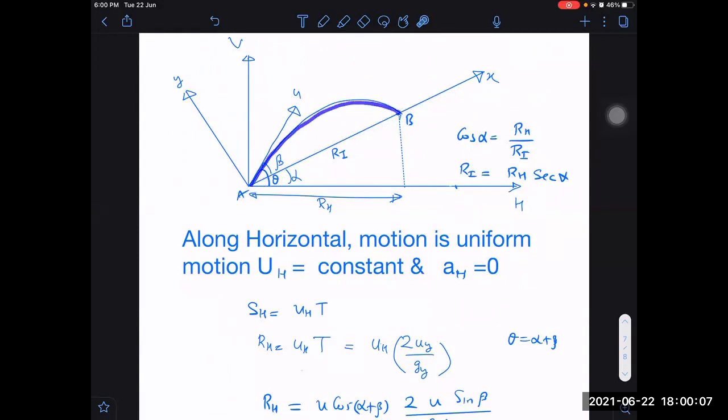If a particle goes here, then its component already reaches here or not? The time in which the particle reaches B, in that time only it covers this horizontal displacement, because it is ultimately the projection of the same particle. Time covered along the x-axis is equal to time covered along the y-axis, no sir. Yes, time cannot be different in different places. At that instant it has this displacement along the x-axis, and at that instant only it has displacement along the y-axis 0. For all these cases, the time will be the same, the total time of flight. Okay. Yes, sir, understood. Right.